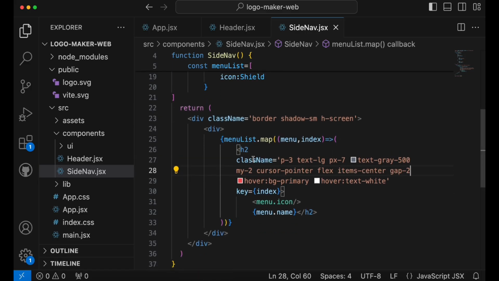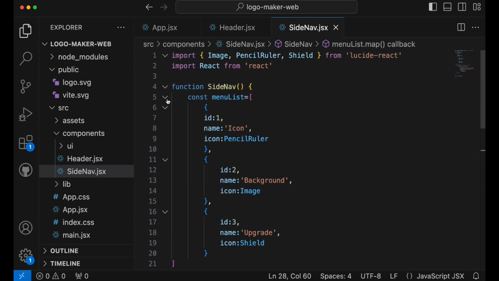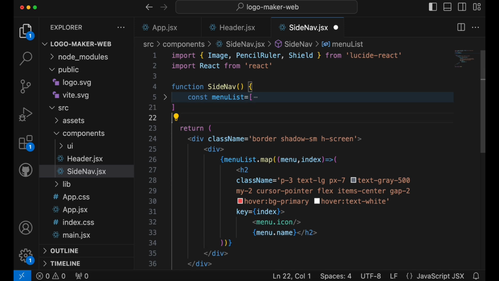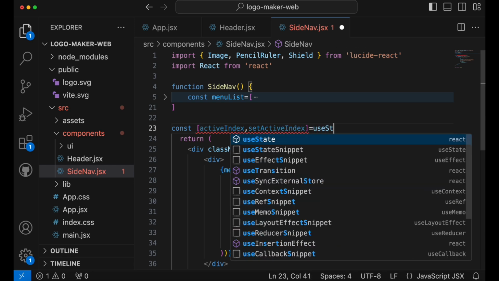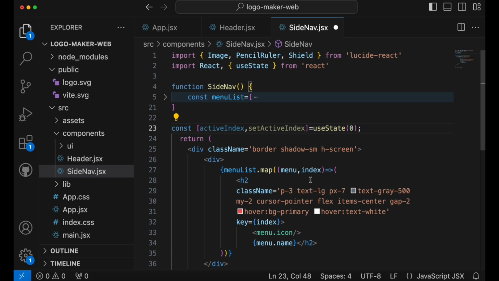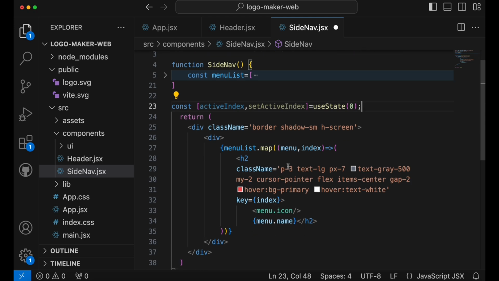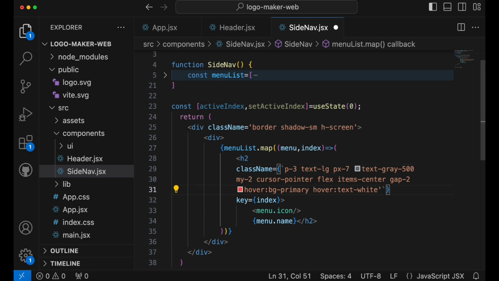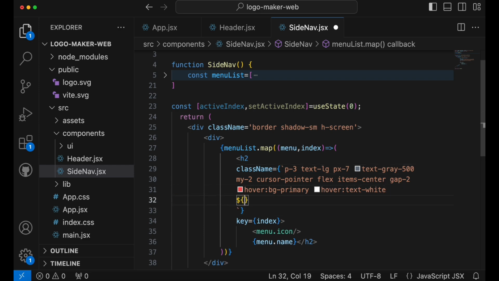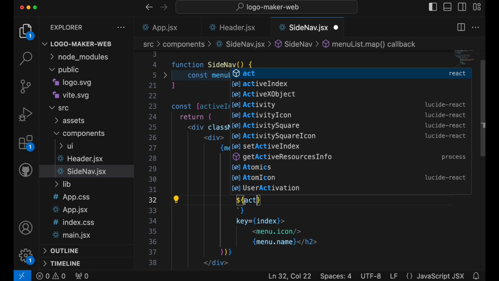Next, once user click on any of the icon, right, we need to make sure that that icon is get selected. So let me add a constant. We'll say active index comma set active index is equal to use state. Okay, so initially the active index will be 0, and here we need to add a conditional styling. So in order to add a conditional styling, first you need to wrap this class name inside the curly braces, then this tag, remove this single quote, and then you can write the condition. So inside the dollar and curly braces,